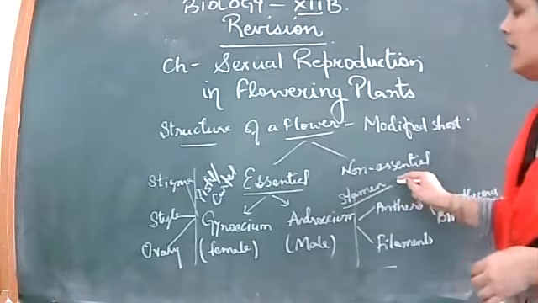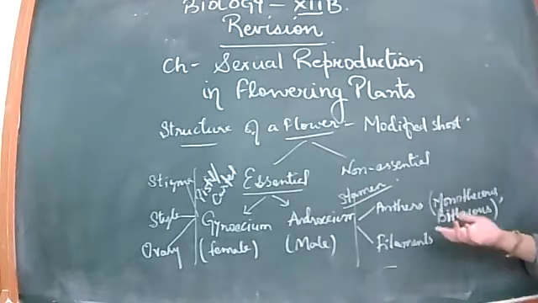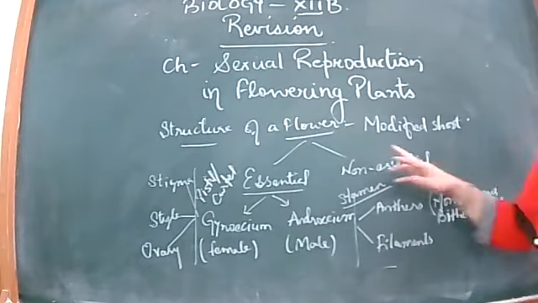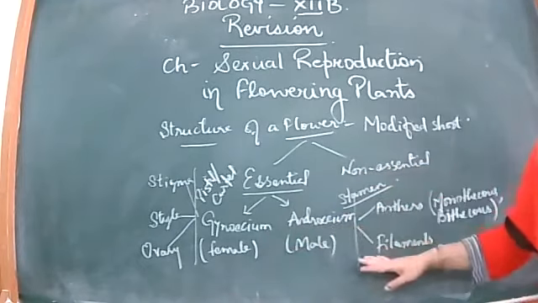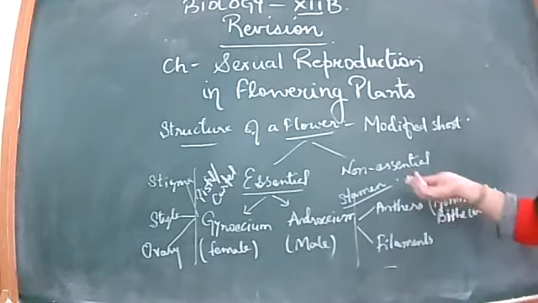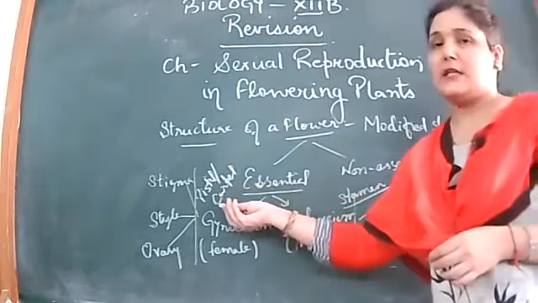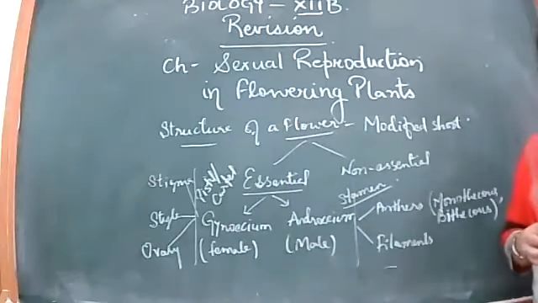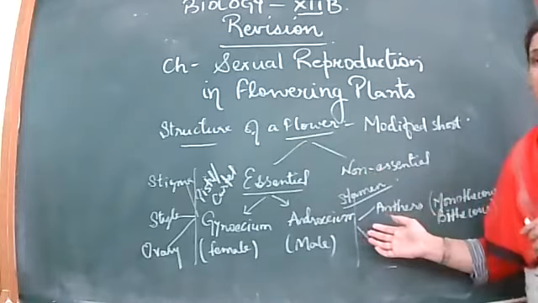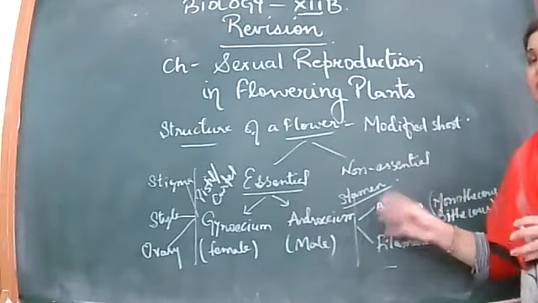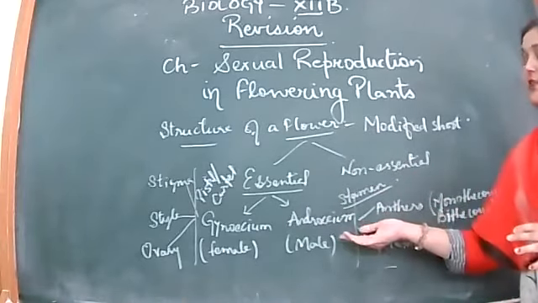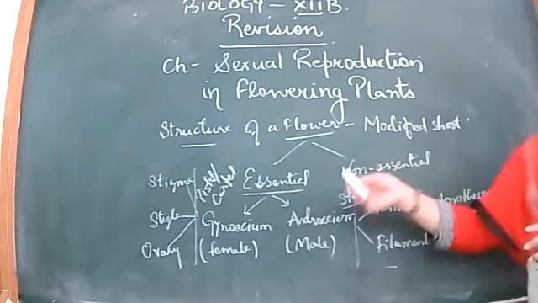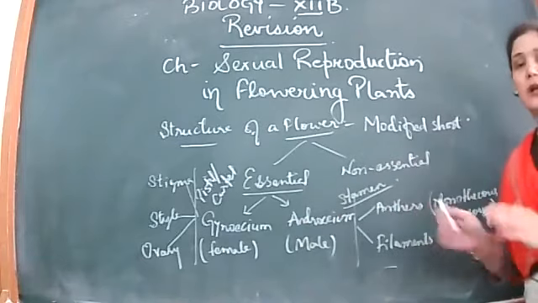Depending upon this only, we have also studied that the flower can be unisexual or bisexual, जिसमें नॉन एसेंशियल पार्ट्स तो होने ही हैं, लेकिन एसेंशियल में से either female or male part होगा. So we call it a staminate or a pistillate flower. If it is unisexual, the two essential whorls will be found in separate flowers. But if it is bisexual, then they will be found in the same flower, right? Non-essential whorls will be present in both categories, unisexual or bisexual.